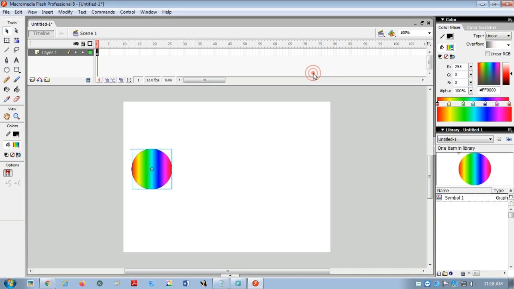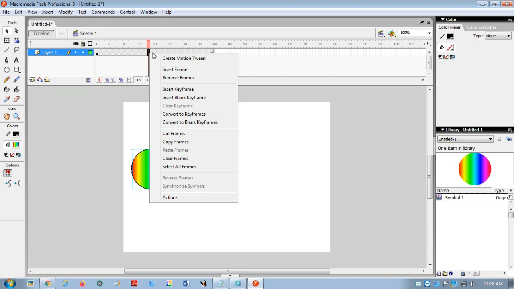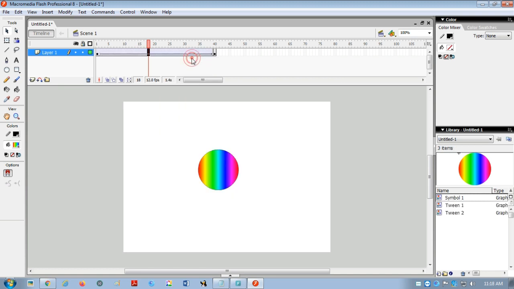Click on OK, and then select any frame, say 40. Insert a keyframe by pressing the F6 key and then move this circle to the other end. Now right click on this area and click on create motion tween.